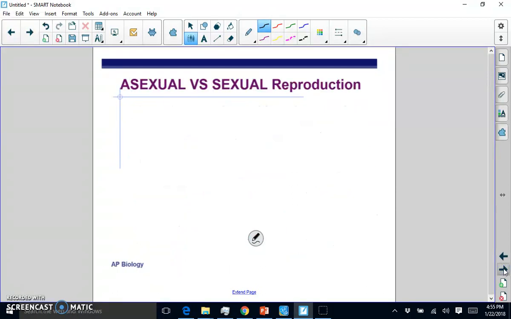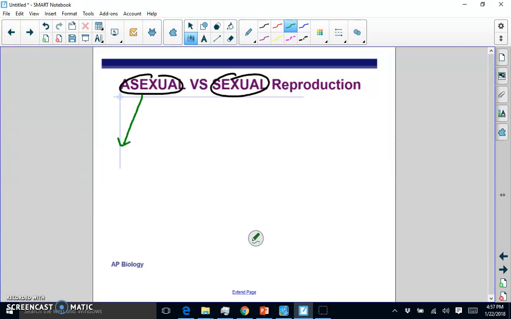In a second, after we talk about the difference between asexual and sexual reproduction, we're going to focus more in on the differences between mitosis and meiosis. Okay? But before we do that, we're going to discuss the advantages and disadvantages of reproducing asexually versus the advantages to the organisms reproducing sexually. Okay. So for the advantages of sexual reproduction,